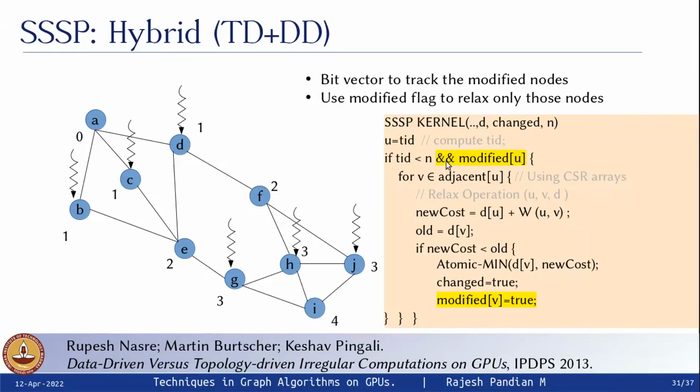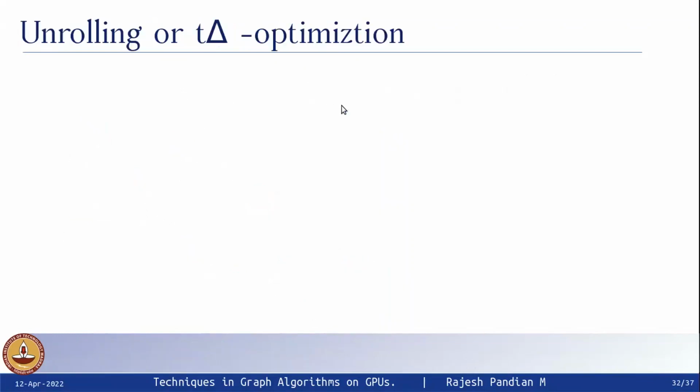So by simply having a modified bit vector, we will be able to achieve a totally different technique combining both the topology driven and data driven, and this approach works well on certain graphs where individually topology driven or data driven would not have done a better job. Right, so we are moving on to a different